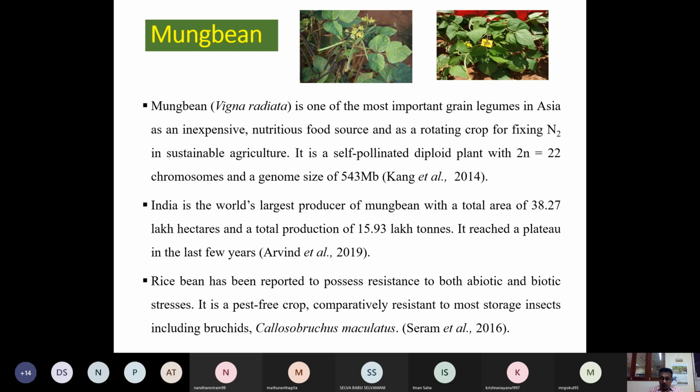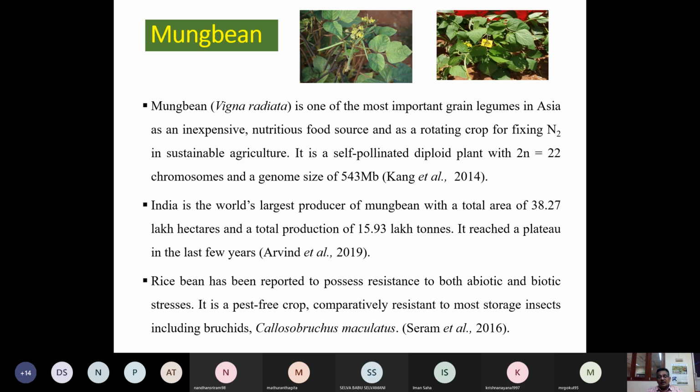So whenever you go for constructing linkage maps, developing mapping populations and QTL mapping for a new trait of interest, you should first look at the nature of the crop, whether it is a cross-pollinator or self-pollinator. Maybe Dr. Joel discussed this in this course very elaborately. And also the number of chromosomes it has. In this case, you have 2n = 22, meaning 11 linkage groups, 11 pairs of chromosomes. Then again complexity, then the trait of interest.